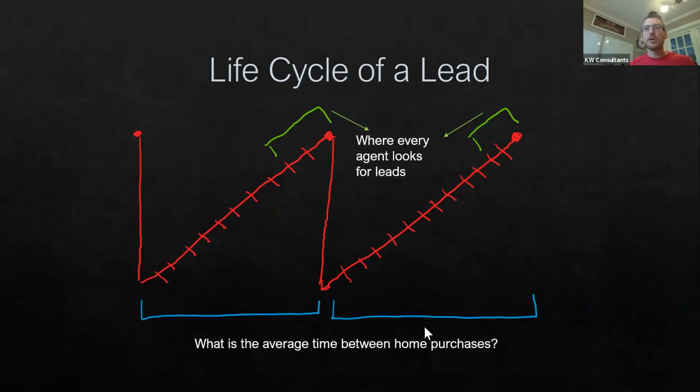Yeah, so it's actually gone up a little bit. Right now, I think the statistics are saying somewhere more in the 7 to 10 year range. But I think, as we've seen prices move up, it may be a little bit shorter than that here in Columbus. But then also with COVID, that's caused some people to decide to remodel their home instead of move. So it's a constantly moving number. But I think 7 years is definitely a really good middle ground between what we've always heard and what the newer data is saying. So somewhere around 7 years.